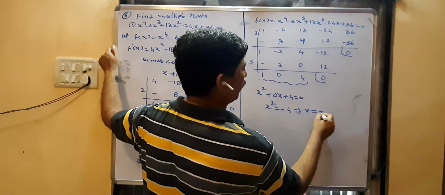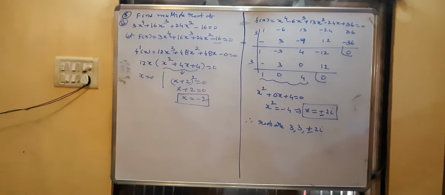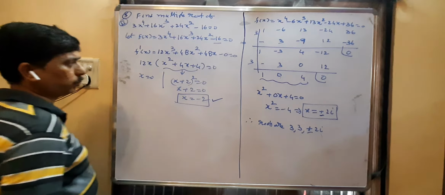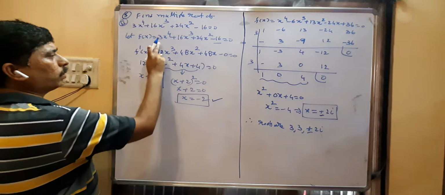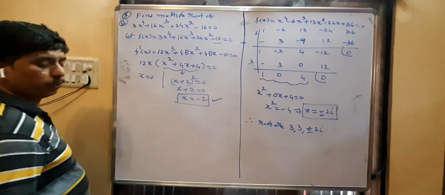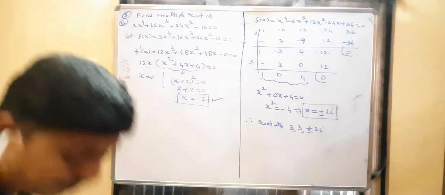Again I am repeating, x = 0, then f(0) is not equal to 0, since you have the constant there. If the given equation contains a constant, then 0 is not a root of the given equation. Then the other root is what? Minus 2. With respect to minus 2, you have to do the simplification of the given equation. If the remainder is 0, then that is a multiple root. If the remainder is not equal to 0, that is not a multiple root.